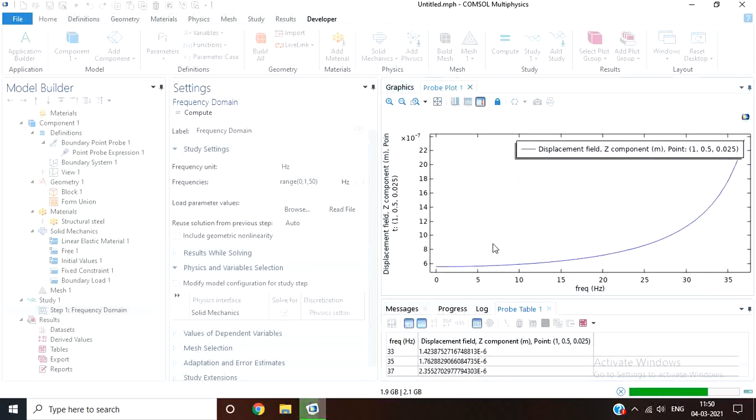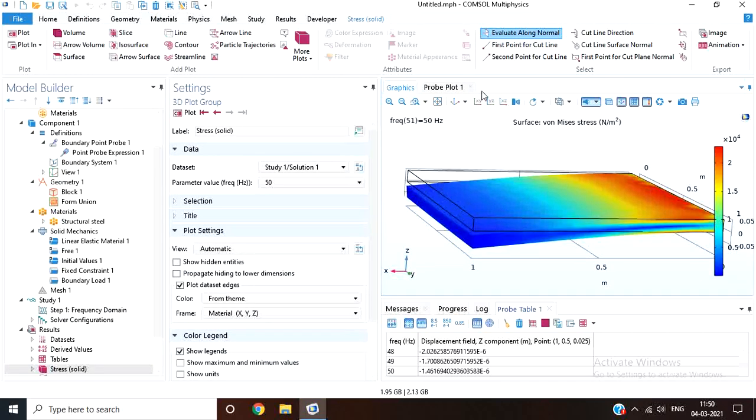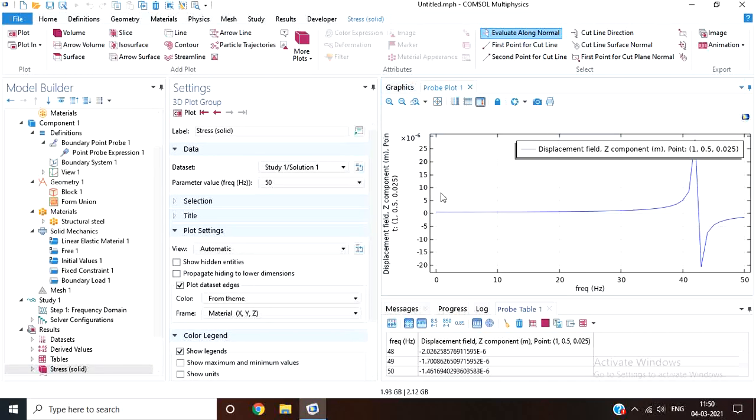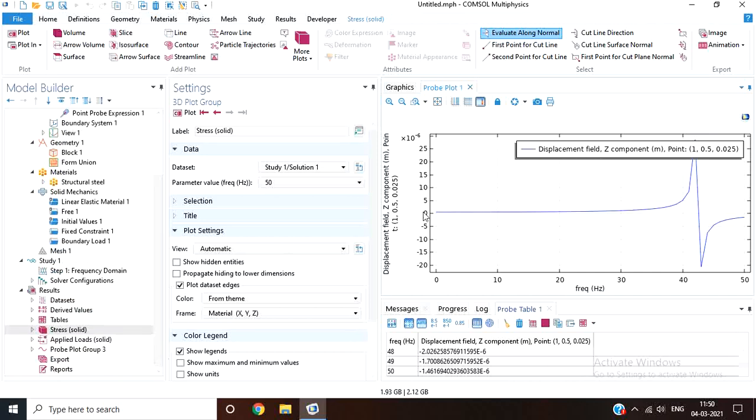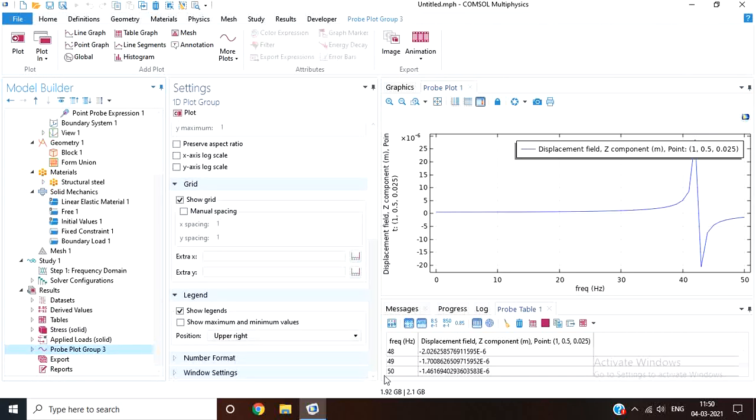So this is the probe plot. You can remove this legend or the description of the plot by going in stress solids. So this is for the probe plot. So in probe plot, scroll down, show legends, untick that.